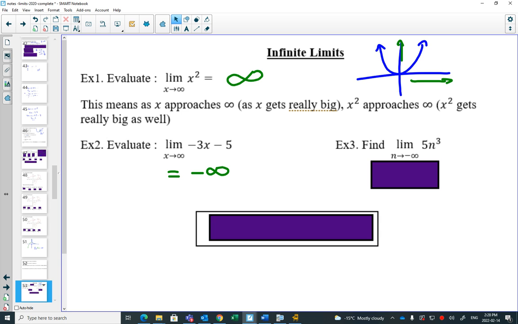And with infinite limits, sometimes they'll say as x goes to positive infinity, sometimes they'll say as x goes to negative infinity. So in this third example, we're imagining what happens if we put in a very, very large negative number. Well, that very large negative number will get cubed. When you cube a large negative number, it will be large. Will it be positive or will it be negative? Negative. So this one, we would say, tends to negative infinity.